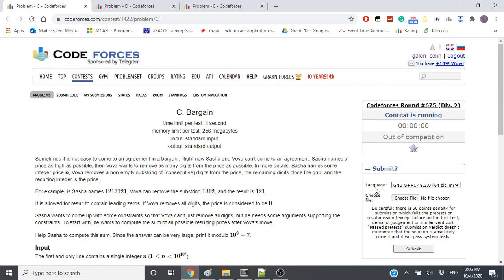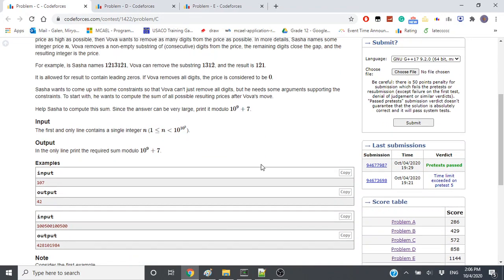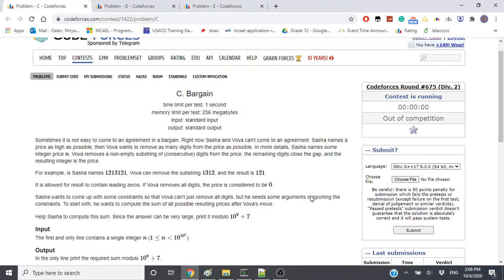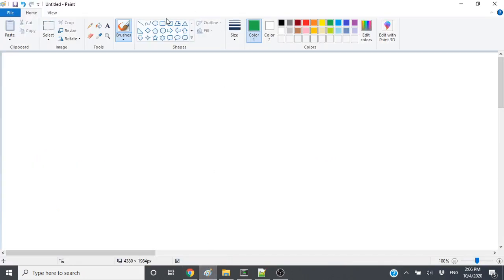C is just kind of annoying math bash, and I'm very disappointed that, again, I managed to submit something that would TLE. I literally submitted the n squared thinking it would pass, but no, there's more you gotta do here. Let's consider the number